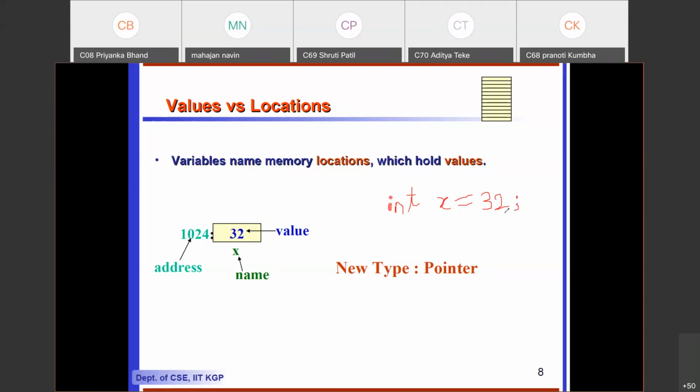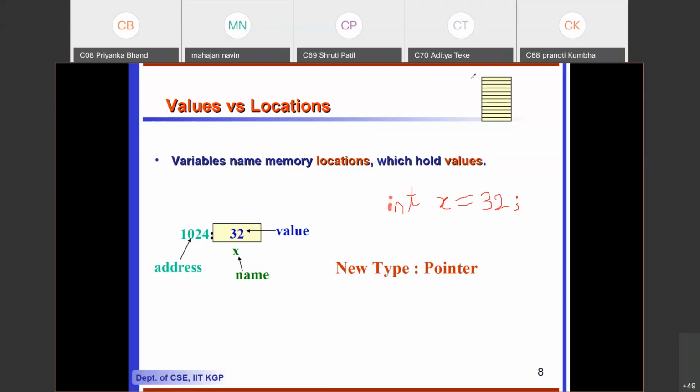So x is defined as a variable where this is stored. Just a minute, we'll check with the next slide. x equal to 32. What is the address here? Address is 1024.